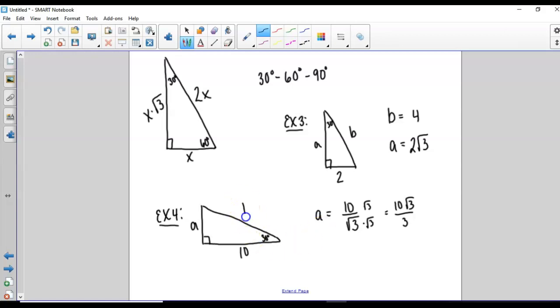And then if we're asked for the hypotenuse, to get B, we would have to take our answer for A, 10 square root of 3 over 3, and multiply it by 2, which is 2 over 1, so we'd multiply things on the outside together, so we'd get 20 square root of 3 in the numerator, and then 3 times 1 gives us 3 in the denominator. Okay, so sorry for keeping you